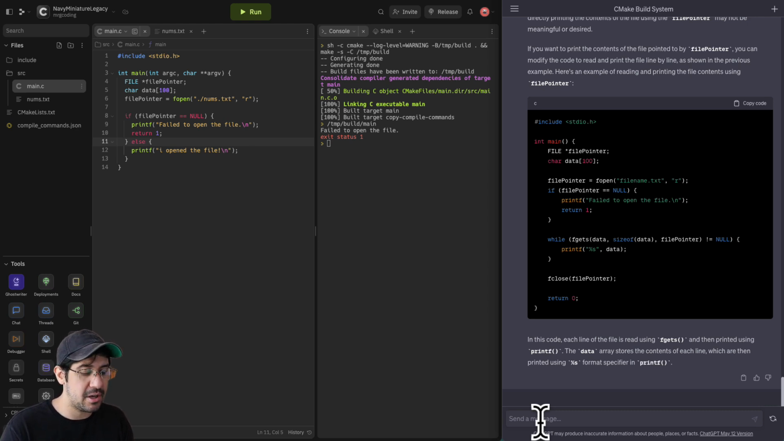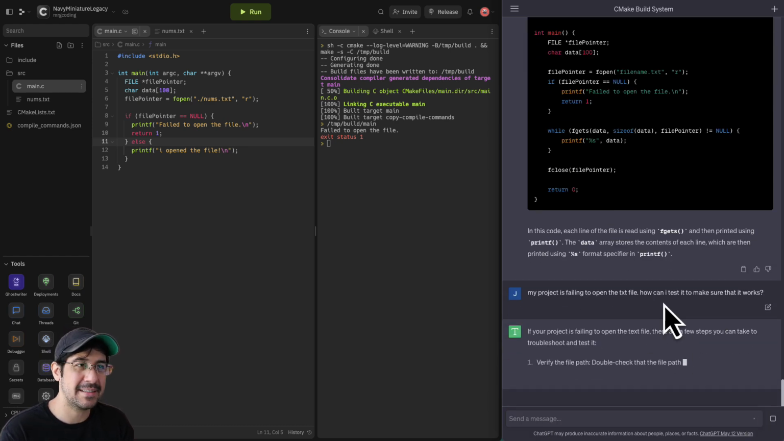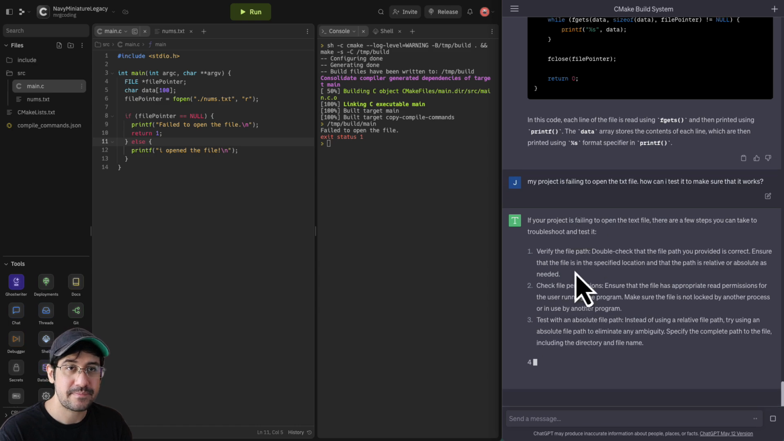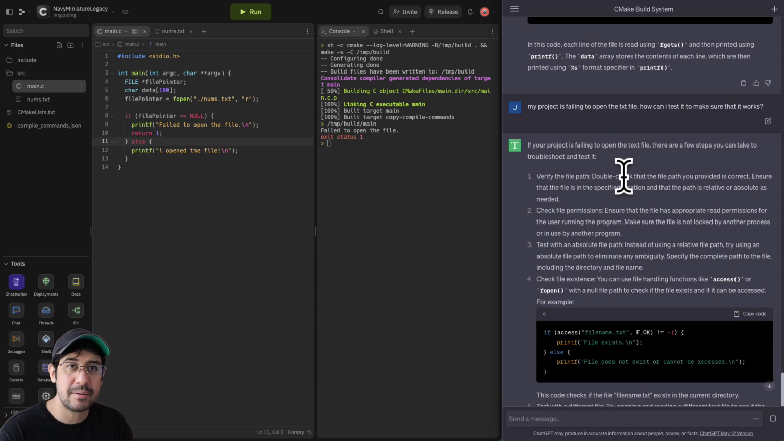So let me tell it that we see an error. My project is failing to open the text file. How can I test it to make sure that it works? I don't think it's the best question I could have asked, but let's see if it says anything that might be helpful. Verify the file path. Double check that the file path you provided is correct. Okay, so that is,